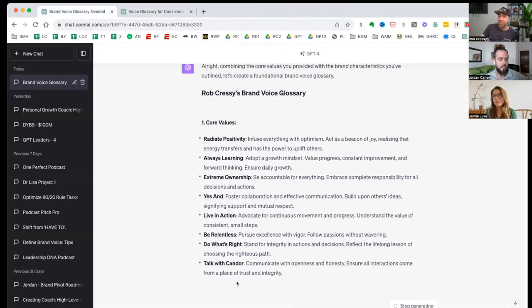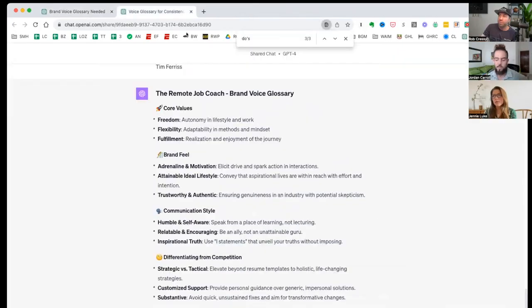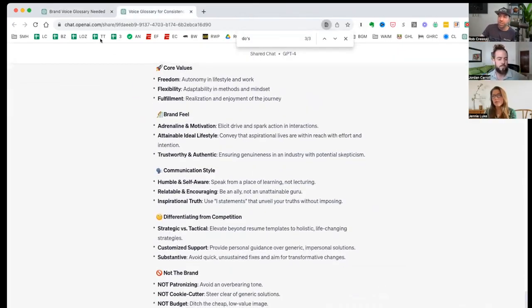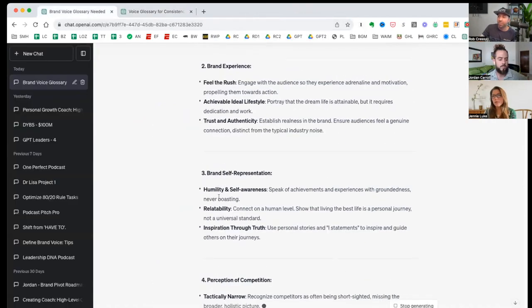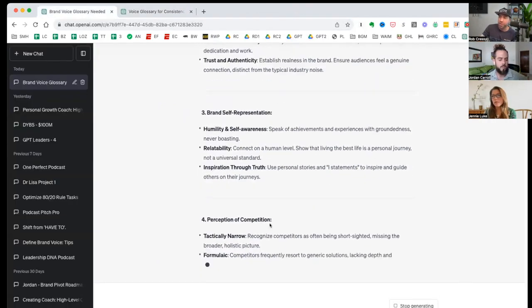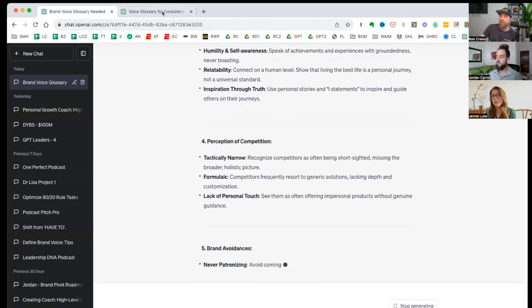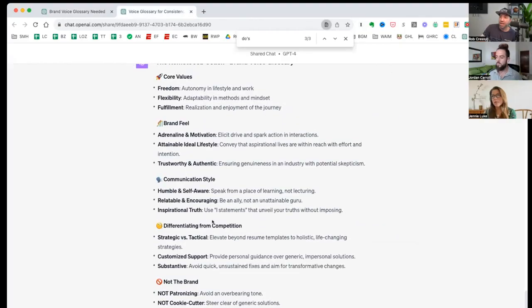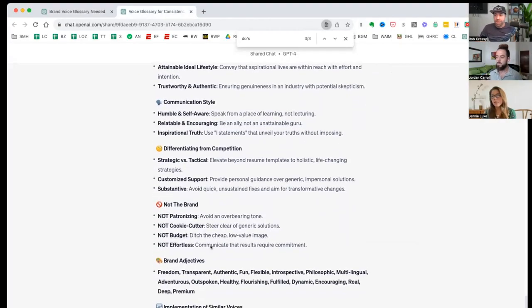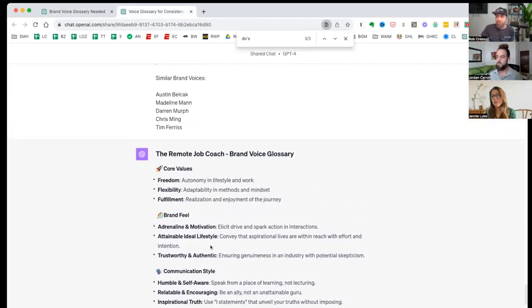So we got core values, brand experience. So brand feel, communication style, differentiation, brand self-representation, perception of brand. So perception of competition, differentiation from competition. All right, so we're starting to see some slight things. So what I like about Jordan's is I'm going to take some of these and make them mine in terms of